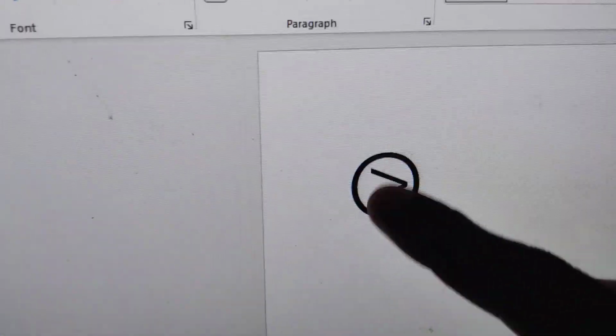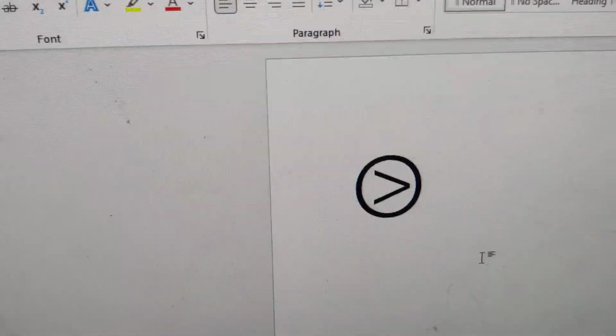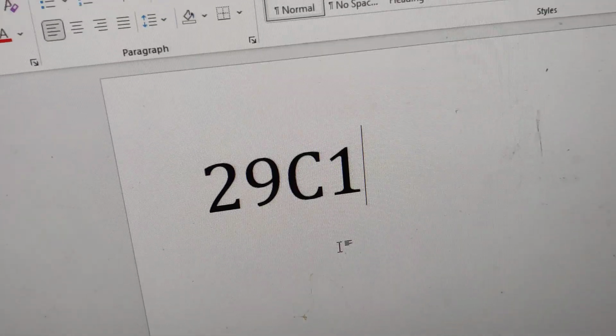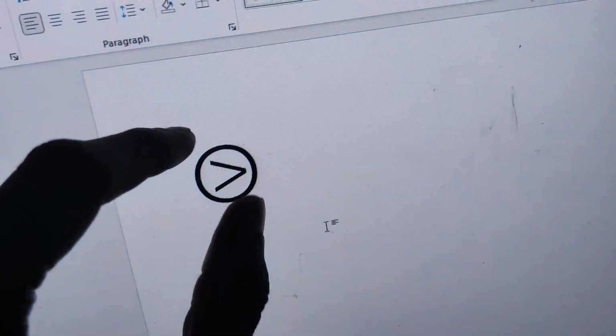You can see that inside a circle a greater than sign is there. So the circle greater than symbol we have created by a simple method: first type 29C1, and after that press these two keys at the same time for creating a